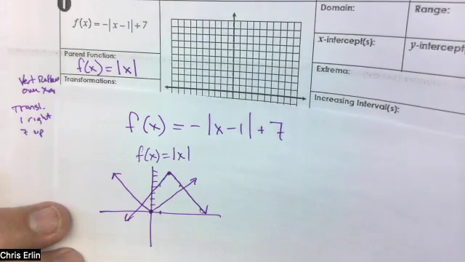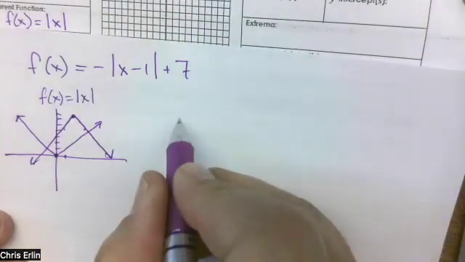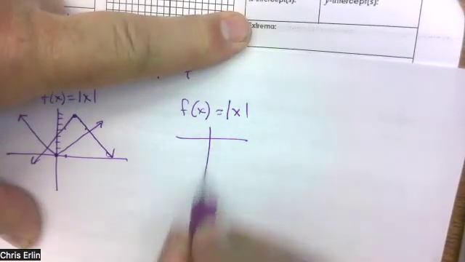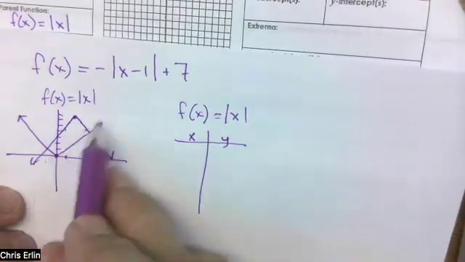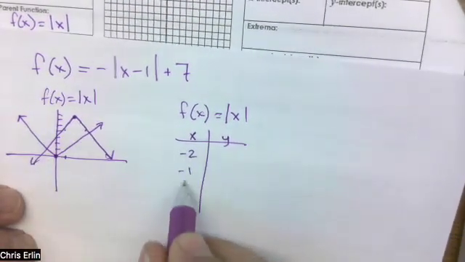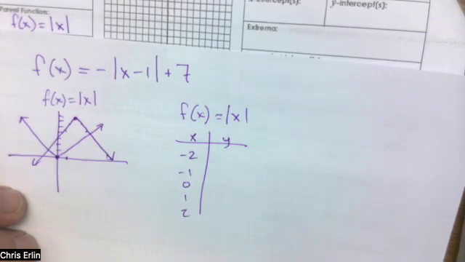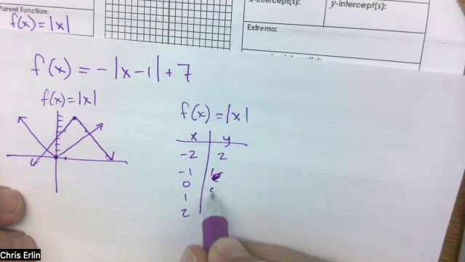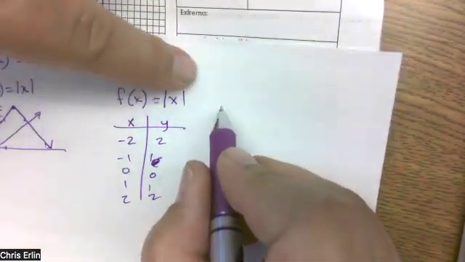I don't think that's the way you guys did it, though, right? In advanced algebra, when you did transformations, I would guess you did this. You said, I'm going to create a list of values for the parent function. Here's my x, here's my y. I know enough about the parent function to know that it should be in the domain between -2 and +2. And when I then plug those in for x, I see what my values are. And then I can say, all right, so that's my parent function, but for this f of x,